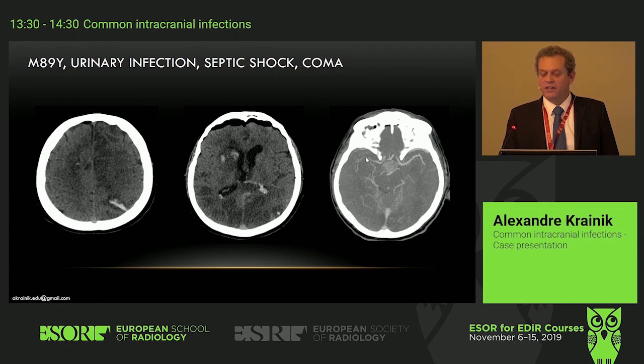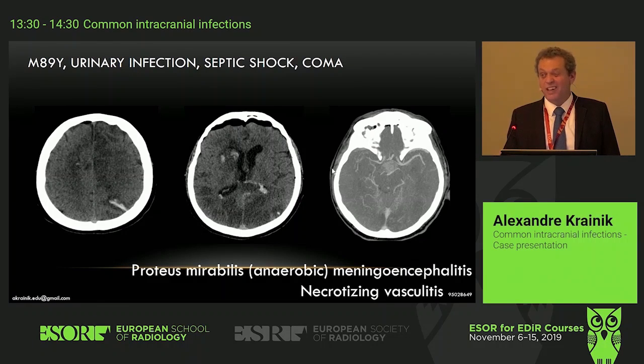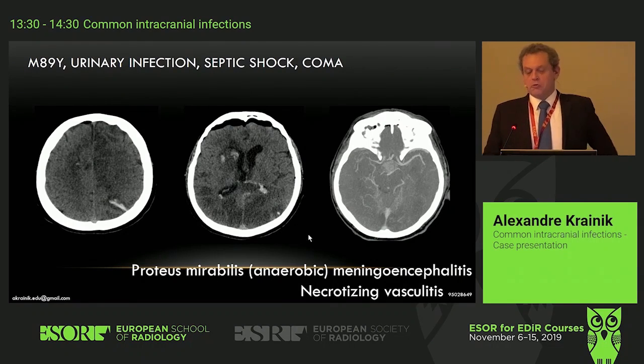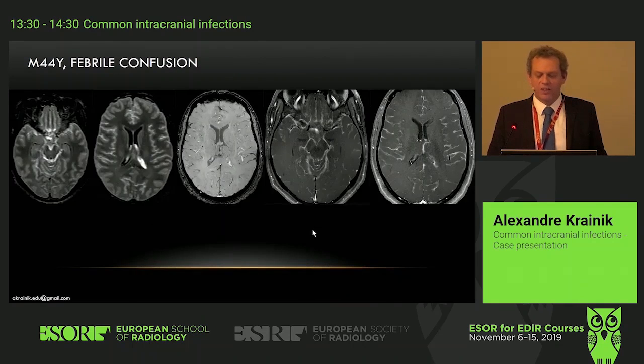You have actually vasculitis, and you have also some air in the brain, okay? That was due to an anaerobic protein called Proteus mirabilis, which is usually involved in a urinary infection. Well, really hard to make the diagnosis on imaging only. And this one,